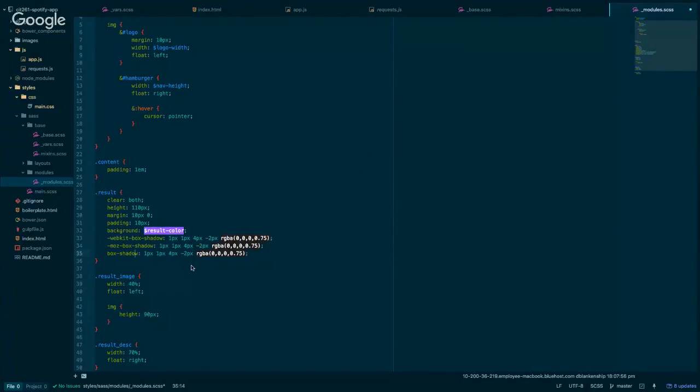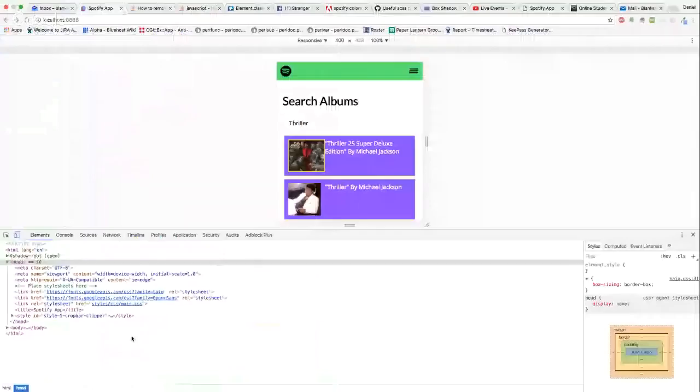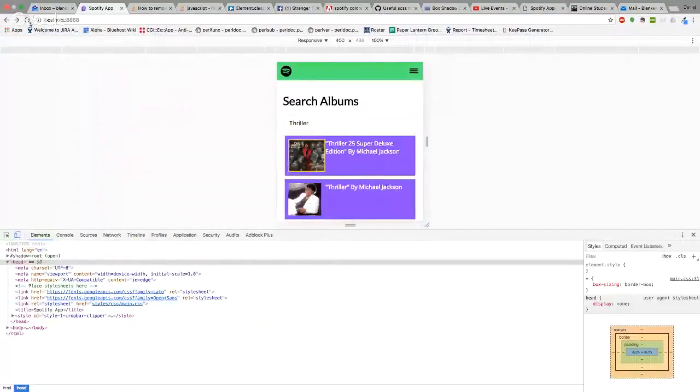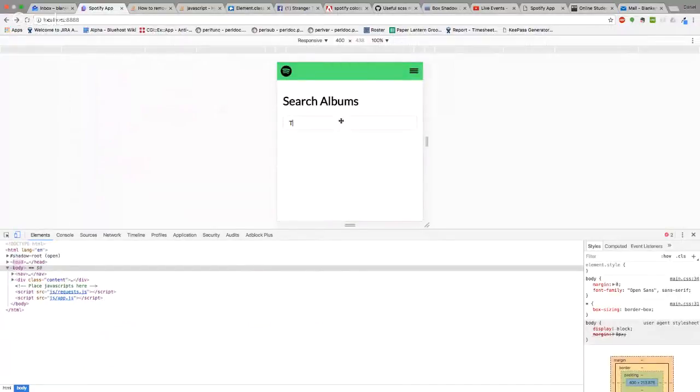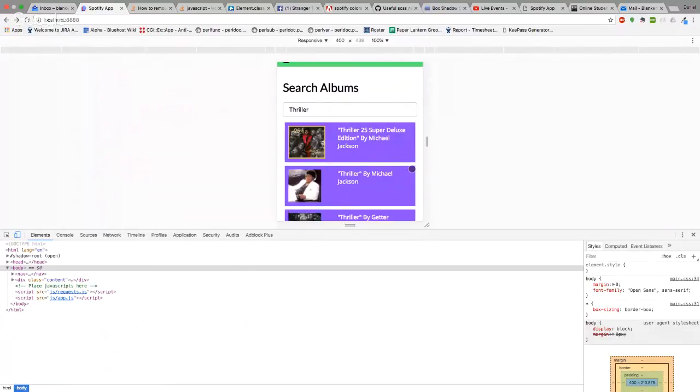So 40% there on the result image, and let's say we'll drop that down to 60%. There we go. That gives us a little bit more space to work with. That's not necessarily the best, but let's move on to